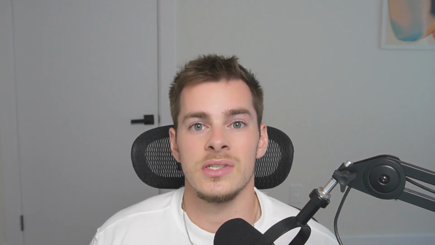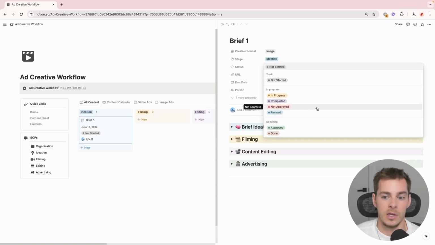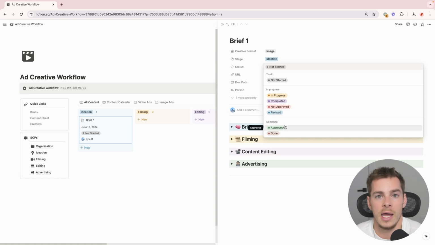If it needs revisions, then whoever is responsible for providing feedback is just going to mark it as not approved. And then the person who owns that core stage knows that, hey, they're going to have to go through a revision process. If that does take place, then they'll mark it as revised. They'll tag the person who's responsible for the approval process, and then hopefully it'll go ahead into the approval stage, right? Once it's approved, it'll move over into that next core stage.